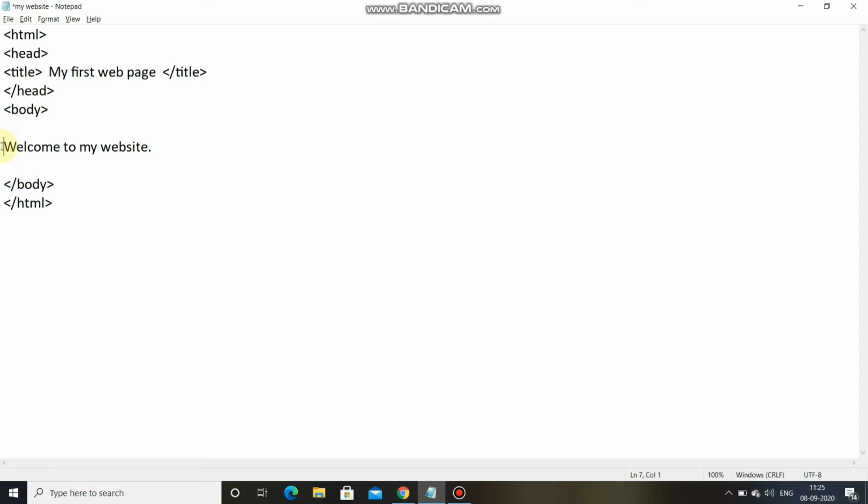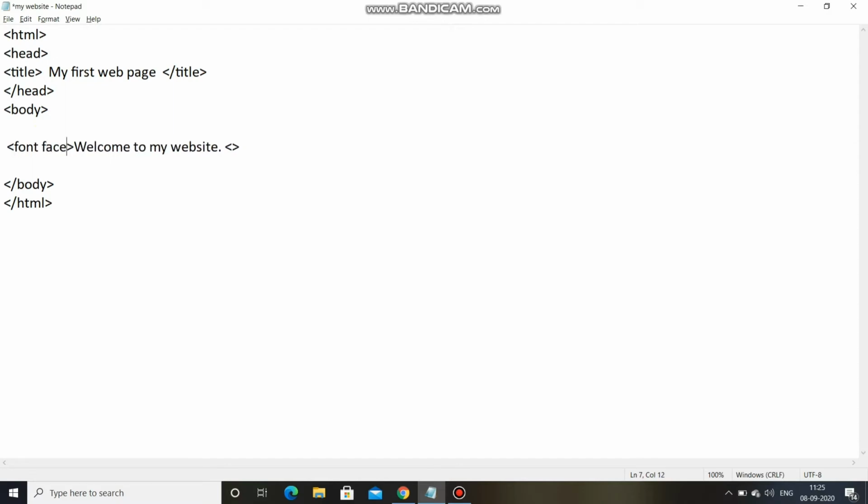The face attribute identifies the font of the text inside the font tag. If I want to make changes on this font, first we have to write font face.